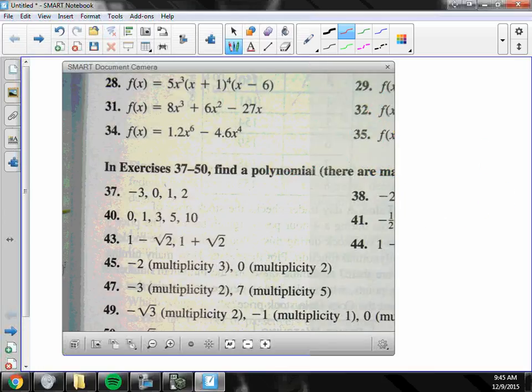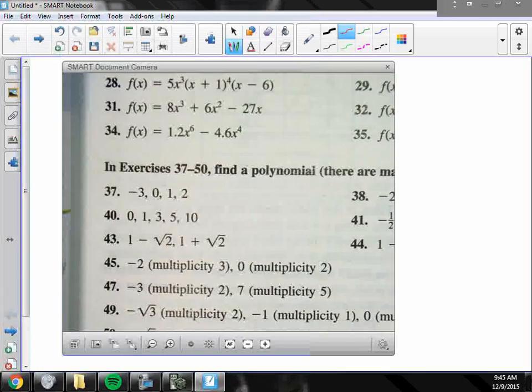Okay, the next set is just backwards. Find a polynomial, and it says there are many. There are actually an infinite number of correct answers, but we'll all get the same correct answers because we won't use scalars. So for 38,